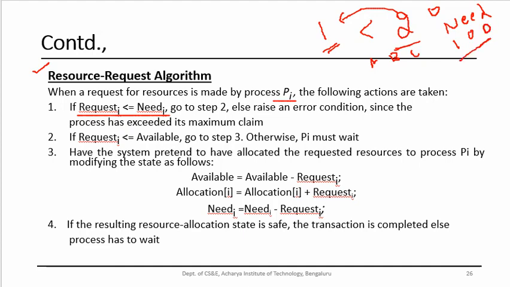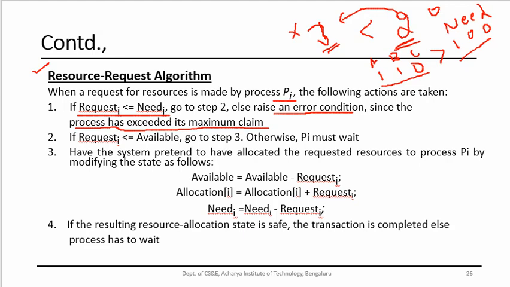Okay, so this is the need of i. If by chance it asks for resources like this, if its request is greater than the need, it is like your need is 2 apples and you are asking for 3 apples, which is not permitted. The same is true with this case also. So now this process's request is something fishy. So the operating system raises an error condition, since the process has exceeded its maximum claim and it cannot be granted.